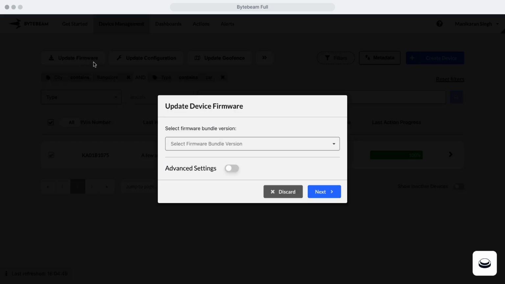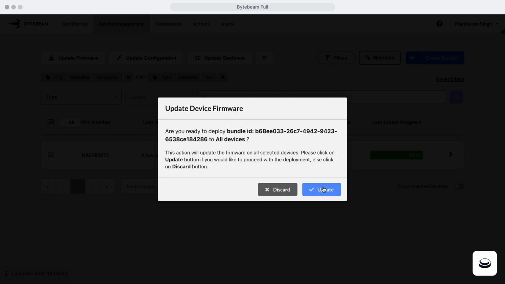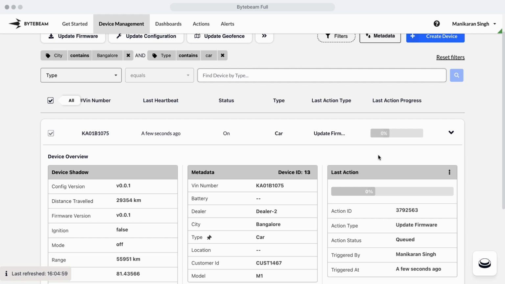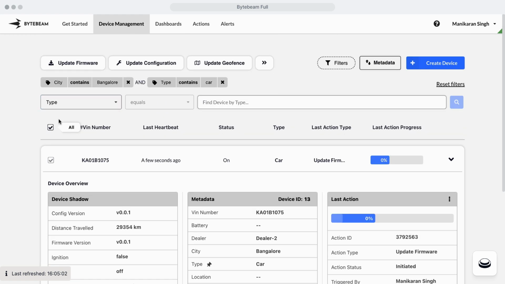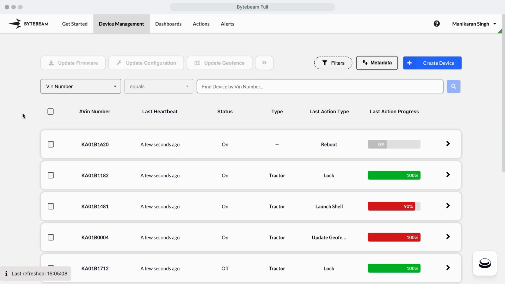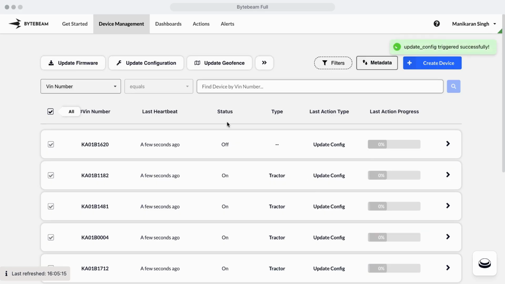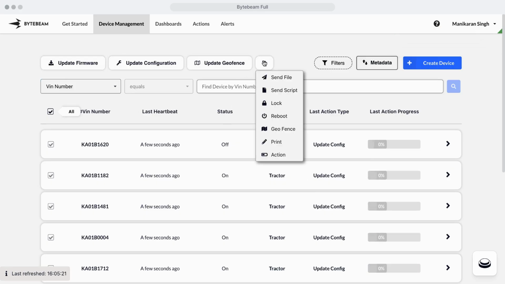So submit. 1.0. 1.1.1, let's say. Submit, right? So the firmware bundle is created. Just like this, you can also upload a JSON configuration, right? So let's say in order to create a JSON configuration,